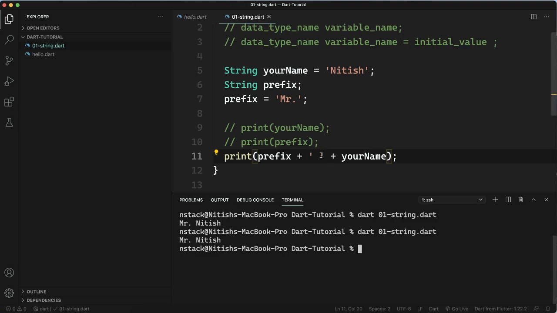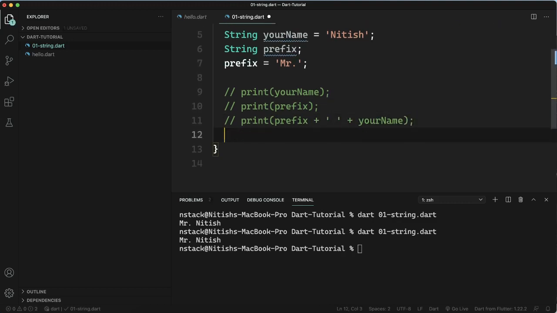Okay, so let's move further and let's talk about string concatenation, which is again one of the important things. Suppose I want to write a prefix, and I want to give some space, and I want to write your name here.